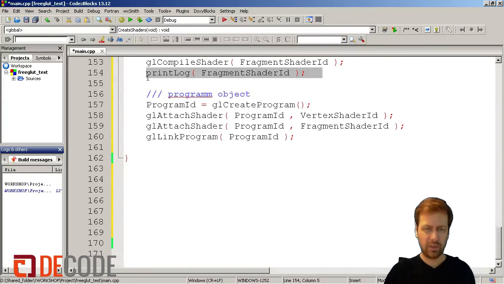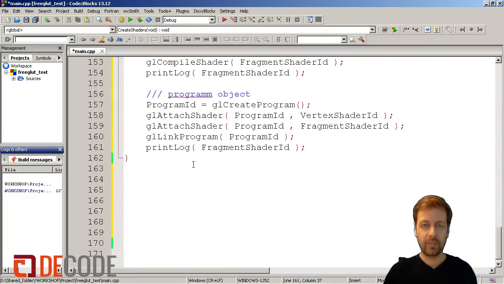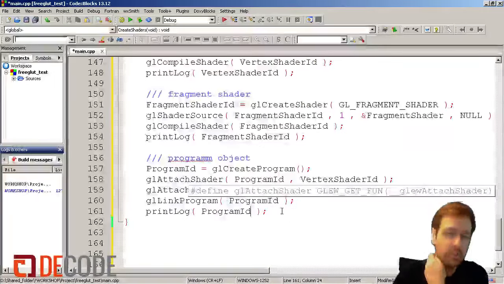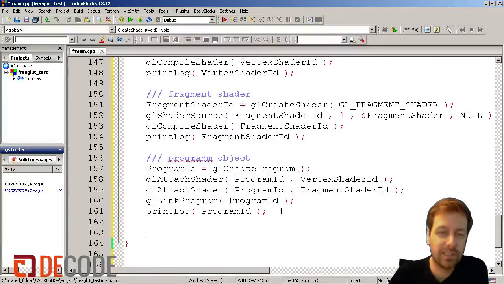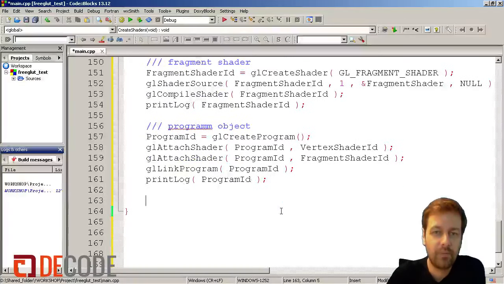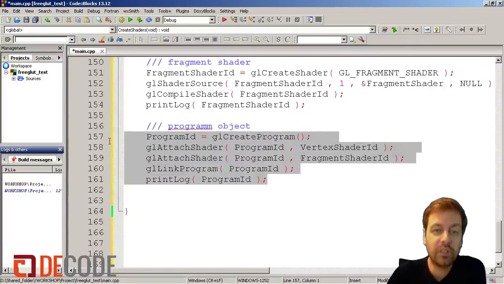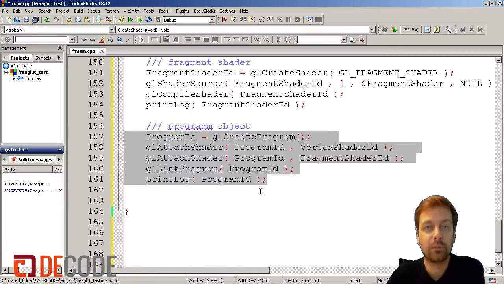So let's just give it a try. So we tell it, check this program object for errors, please. So this is what you need to create the so-called shader program. Just remember, this is just a container holding the two single shaders in one place,